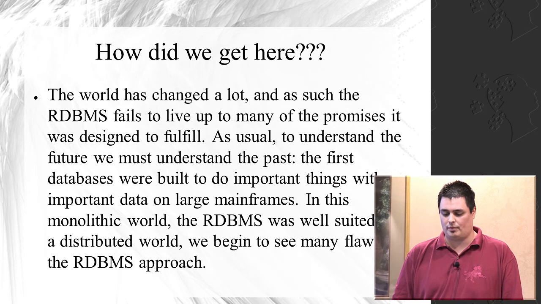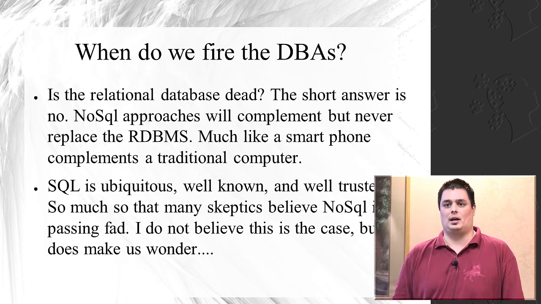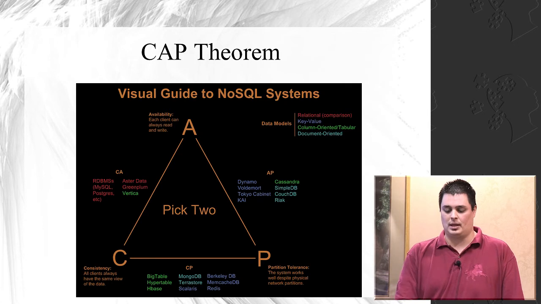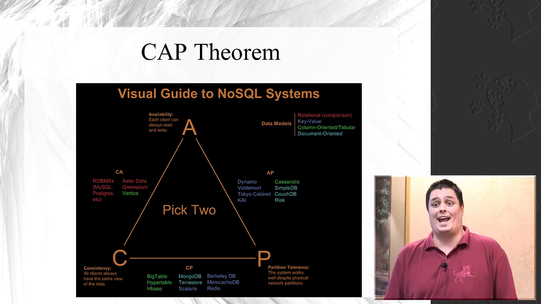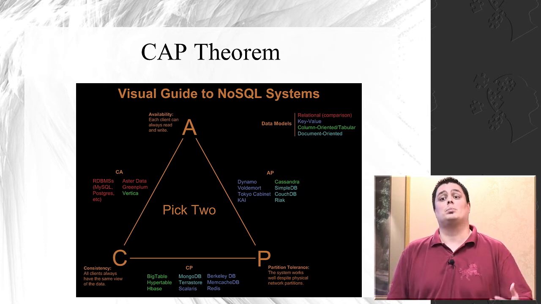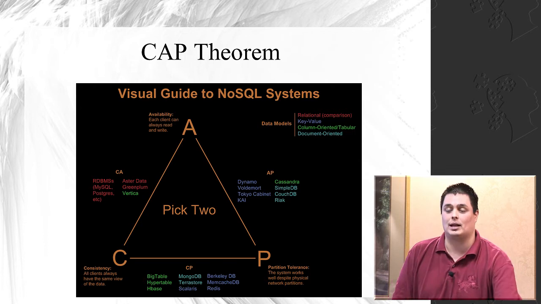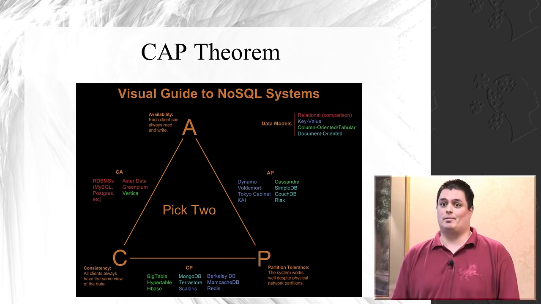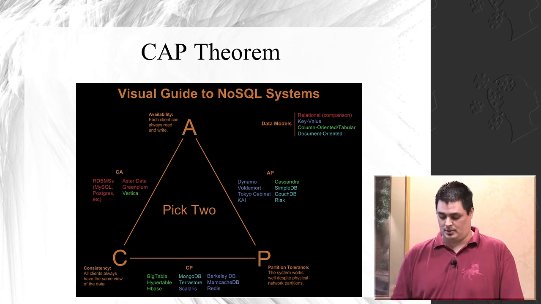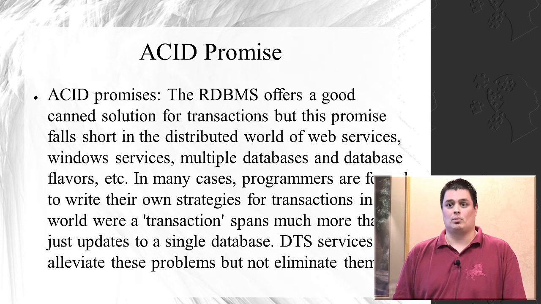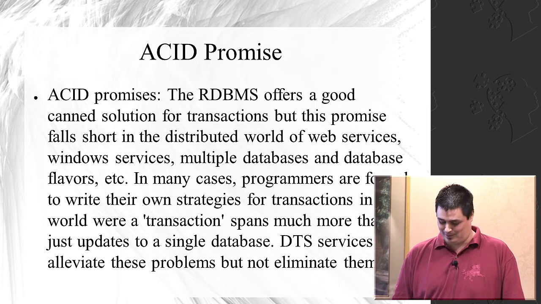NoSQL solved the problem of being able to get lots of data and access it quickly and write it very quickly by, instead of favoring the C and the A on this diagram, favoring the A and the P. So you give up consistency, you give up certain amounts of reliability and certain guarantees, and a lot of the different implementations have different ways in which they give that up. Raven claims to be ACID compliant, so the one we're going to demo today shortly will actually do that. Does that answer your question at all, or does that help? A little?